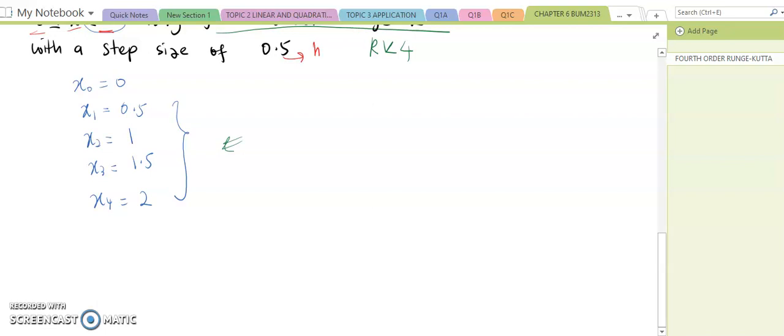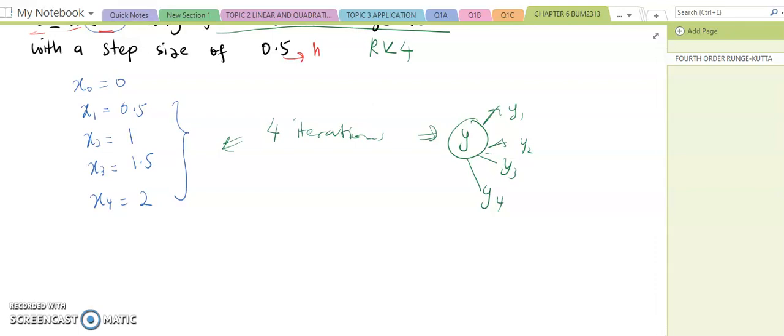Alright? So we need 4 iterations to find the approximate solution of y. So we need to find y1, y2, y3, and also y4. Okay, for the first iteration,